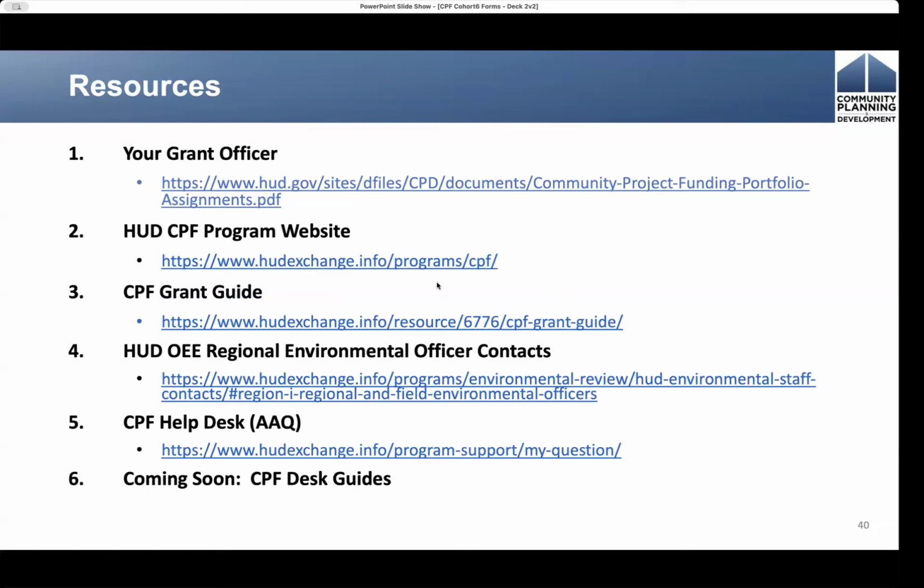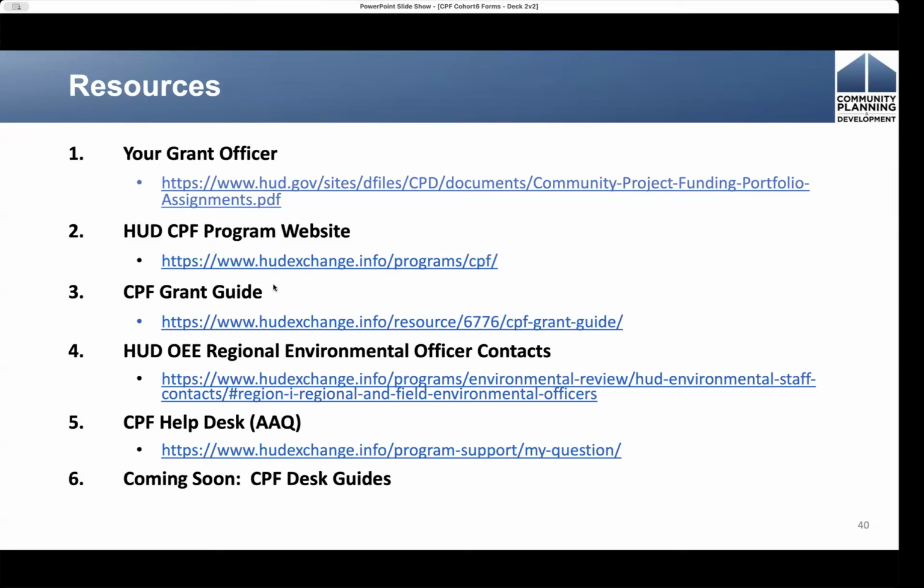Other resources that may be helpful to you, which hopefully by now you've taken an opportunity to check out, as we shared this resources slide on all of the cohort sessions. But just a reminder that the CPF program website on the HUD Exchange is extremely useful, has all of the latest guidance for the program. So definitely check that out. Your grant guide is really your instruction manual for completing your grant materials.